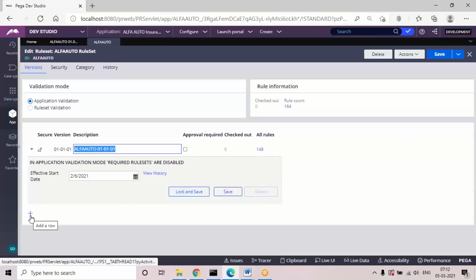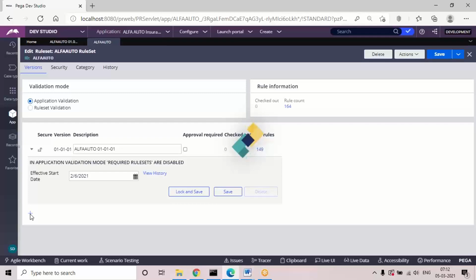So click on add a row; you can see the add row option there, and automatically the number will be incremented. You will not do anything manually. So click on add row.